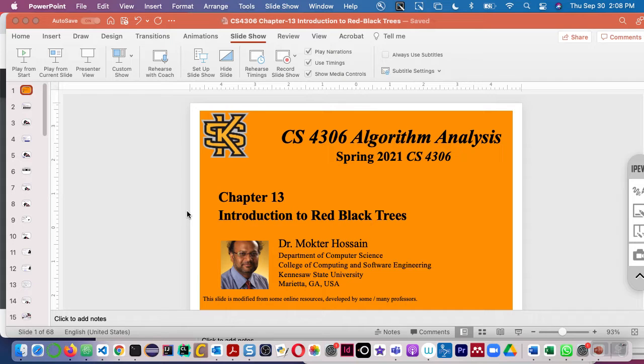As a preparation, we started with AVL tree last week, right? Last week we discussed AVL tree, right? So what is an AVL tree? An AVL tree is a height balancing tree, right? That it balances its height. So in case we started